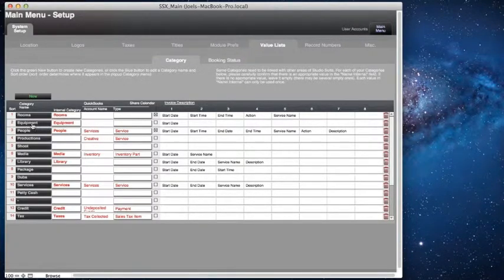Maybe you use a different word, like in the UK, they call it kit. They don't call it equipment. So that would synchronize your kit with our equipment inventory module. If you're using QuickBooks, this is where you can set up a default account name for that category and a default type. If you're not using QuickBooks, this won't mean anything to you, but if you are, that's another webinar anyway. Here we can also specify which kinds of items we're going to share our calendar with, and this is